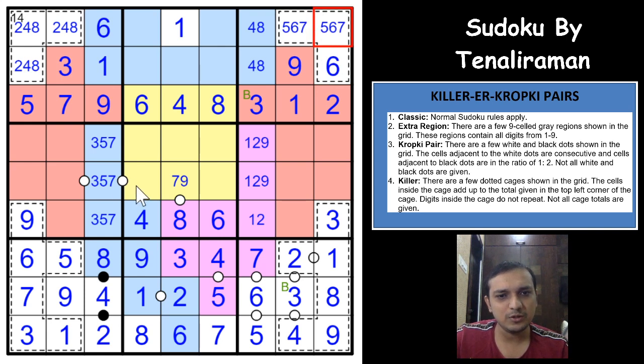So you see here, this is an odd cell, right? And the consecutive cell would have to be an even digit. So you already have a 6 here, 4 here and 8 here. So the only even digit is 2 here. That means this would have to be 3 and this would have to be a 4. Superb. So this 4, does it give us anything? This would have to be 5 and 7, nothing much.